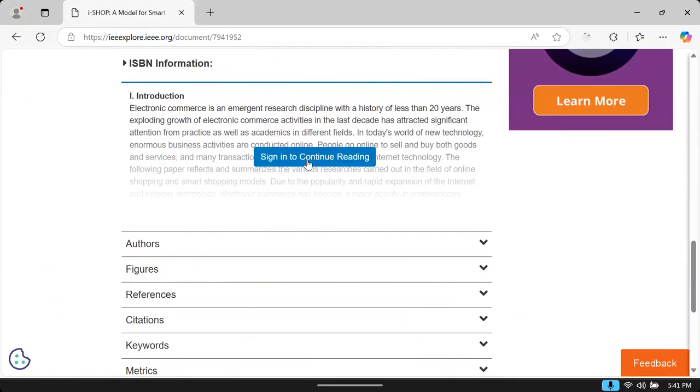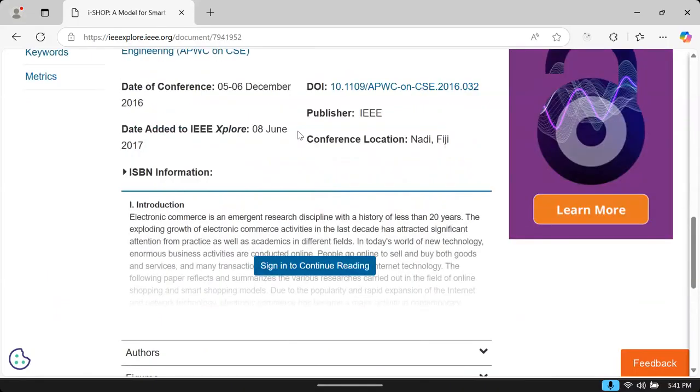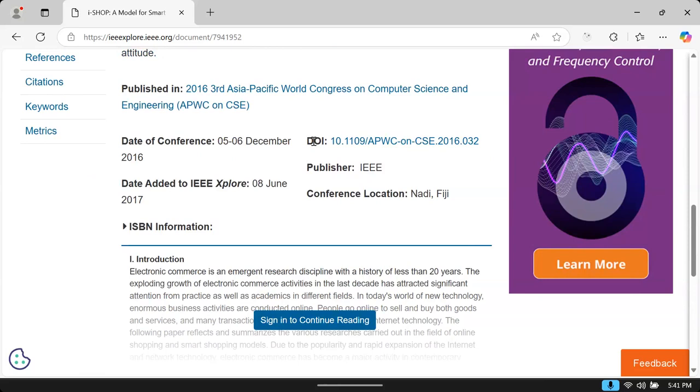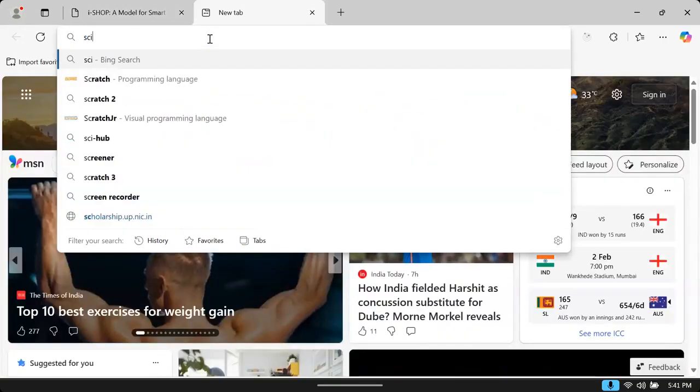You can do one thing. Actually, you see, there is a DOI number. DOI number is the document number. I will copy this document number. After copying the document number, there is a website called SCI Hub.